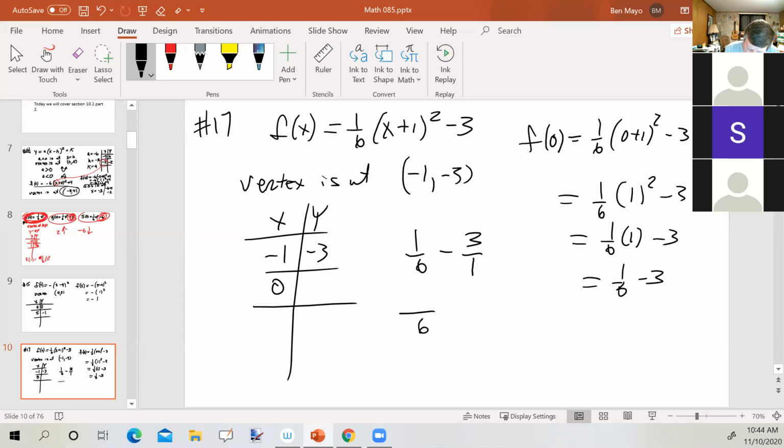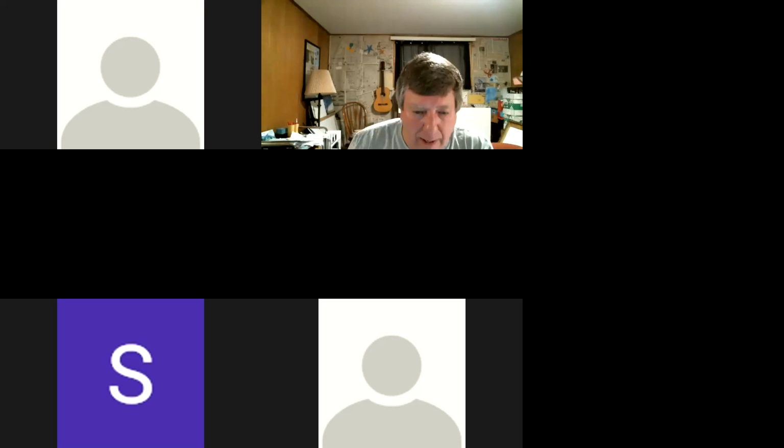The common denominator here is a 6. So I need to multiply 3 by 6 over 6. So now I get 1/6 minus 18/6, okay, which is negative 17/6. So what I'm going to do, back on my graph,